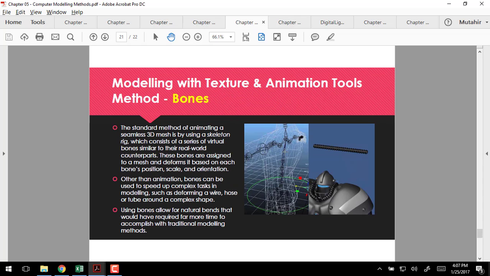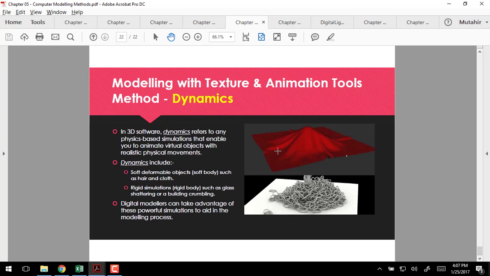You need to understand what it is, as well as what kind of objects you're able to model with this kind of method, the use of bones, and what dynamics are and how they can be useful when you want to use it in modeling. Alright, it's separated into two parts. There's the soft deformable objects like this cloth here, as well as rigid body simulations like what you see here,